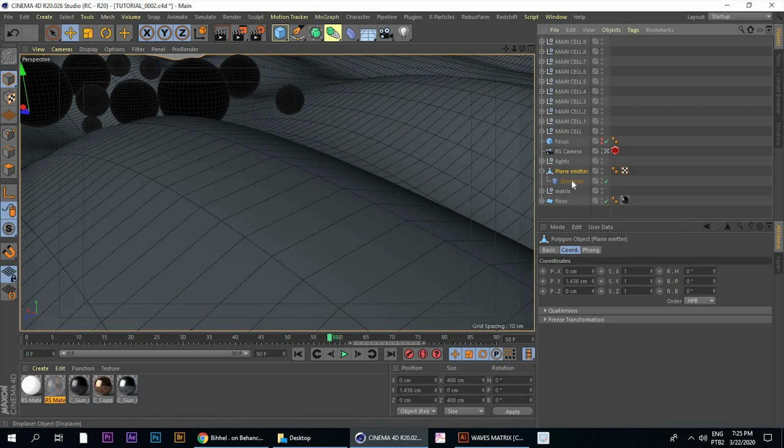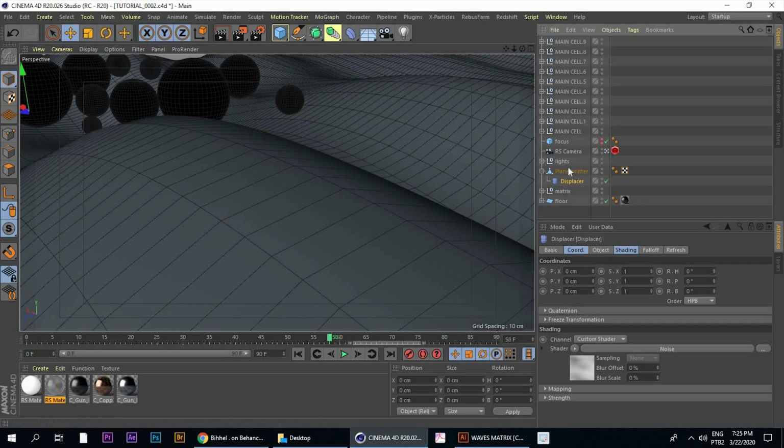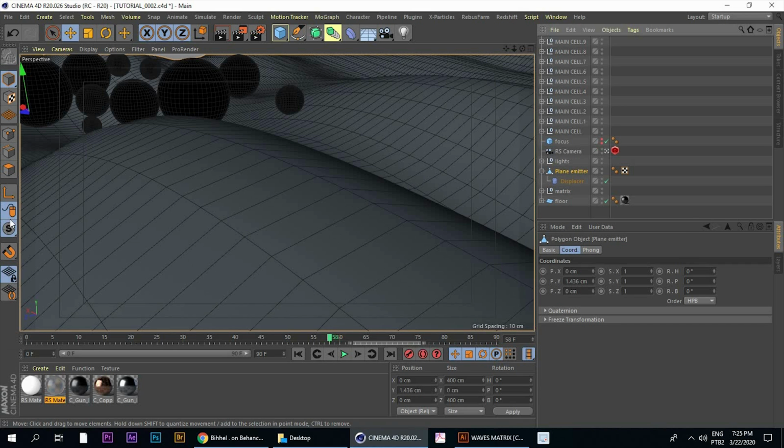And then we keep the displacer, because if we want to animate the lines later with the displacer, with like the floor or the patterns, we keep the displacer so we can animate everything and keep it procedural. So what we are going to do is to first rename it like plane splines,